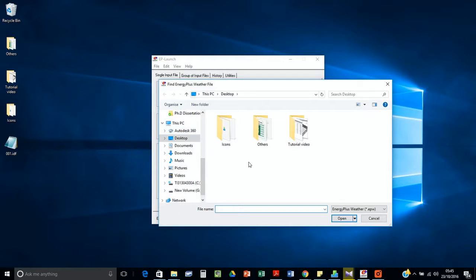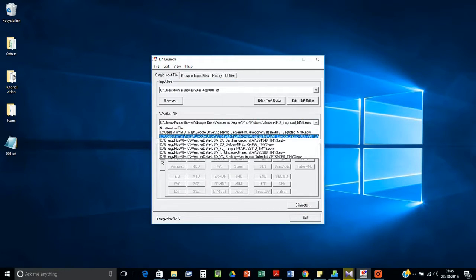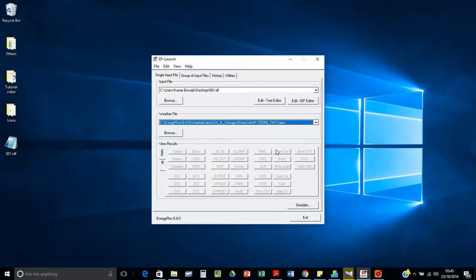We will use a default weather file, but yes, there are many. Let's use one from Chicago, and if we simulate it now,